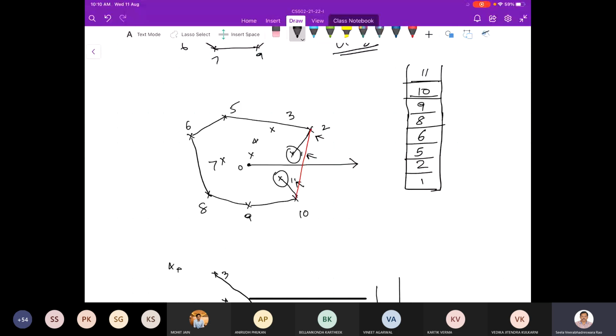Whatever is left on the stack is the output of the Graham scan. These are the vertices on the boundary, but this is not correct. Why did this happen? We are starting from the first point, and if it is not on the convex hull, this is what happens. Similarly, if the last point is not on the convex hull, this is what happens. These two points also become part of the output.